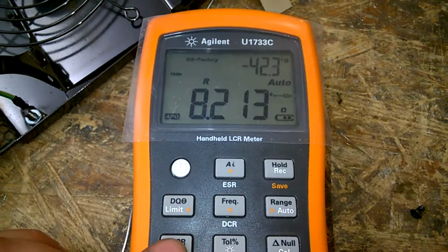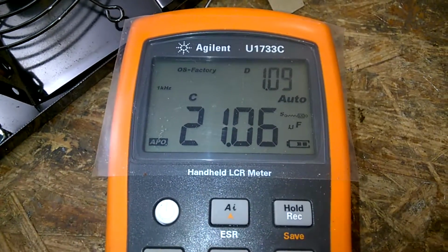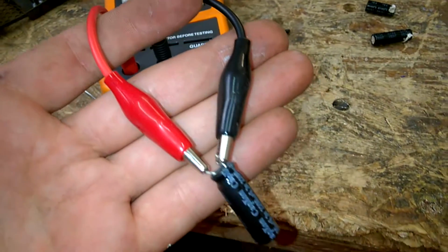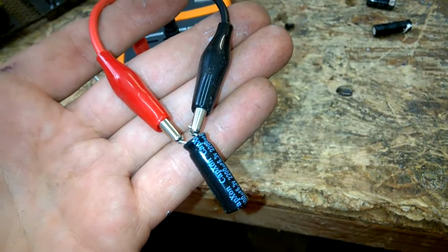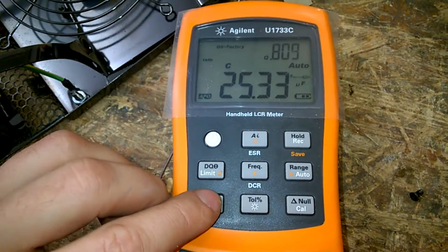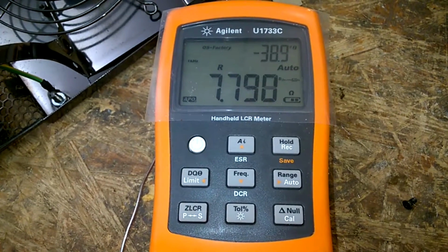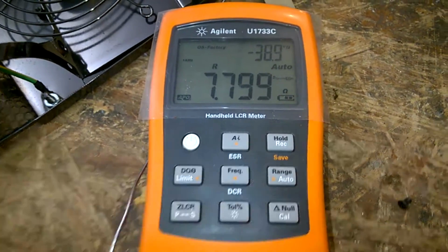That other capacitor has 8 ohms and 20 microfarads. This one is really gone, Capxon. And here's the third one. It has a serial resistance of 8 ohms. Wow. Here is the